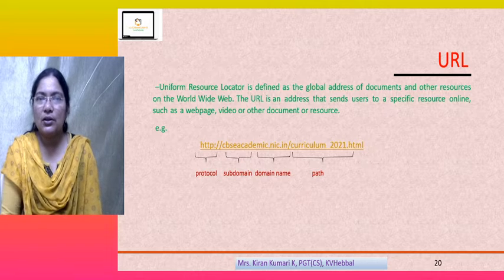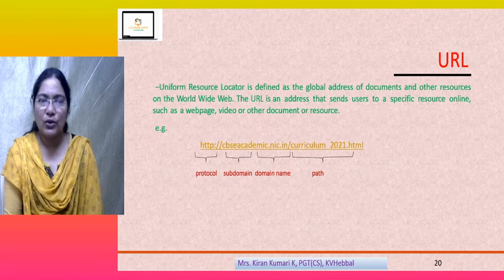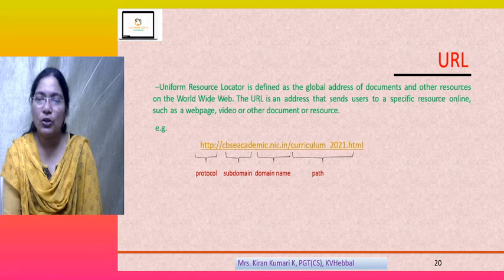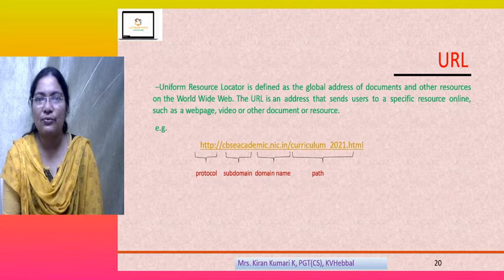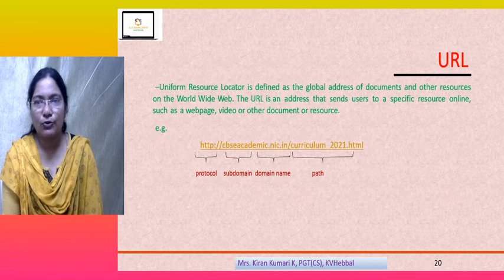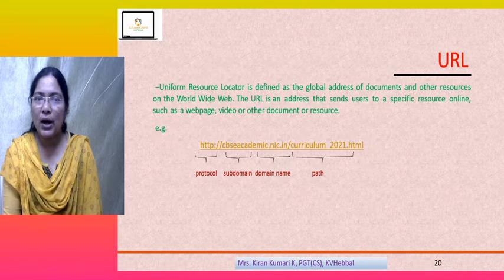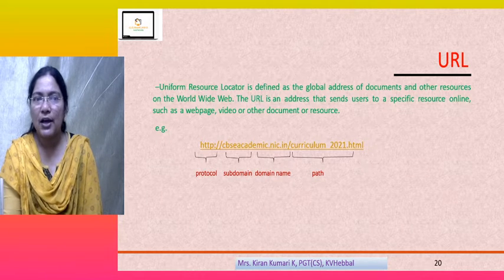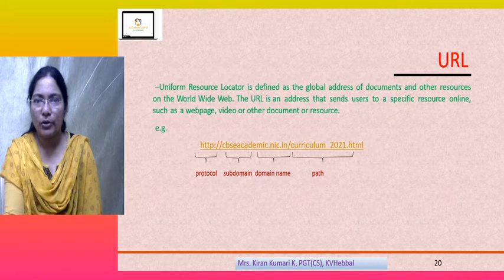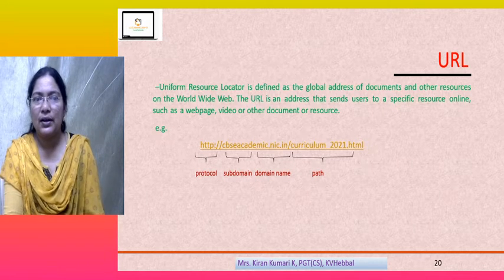What is a URL? URL or URI, Uniform Resource Locator or Uniform Resource Indicator, is defined as the global address of documents and other resources on the World Wide Web. The URL is an address that sends users to specific resources online, such as a web page, video or other document. For example, here we have given cbscacademic.nic.in, and we are seeing the curriculum.